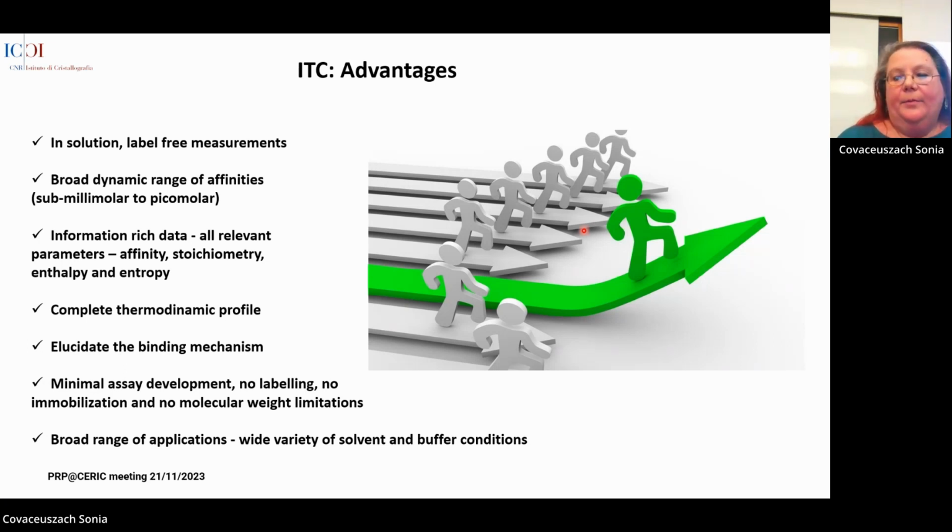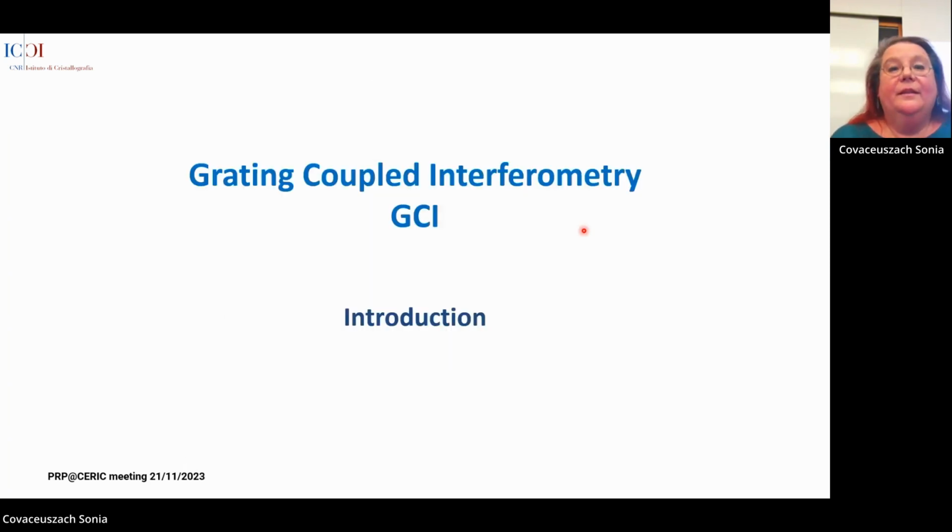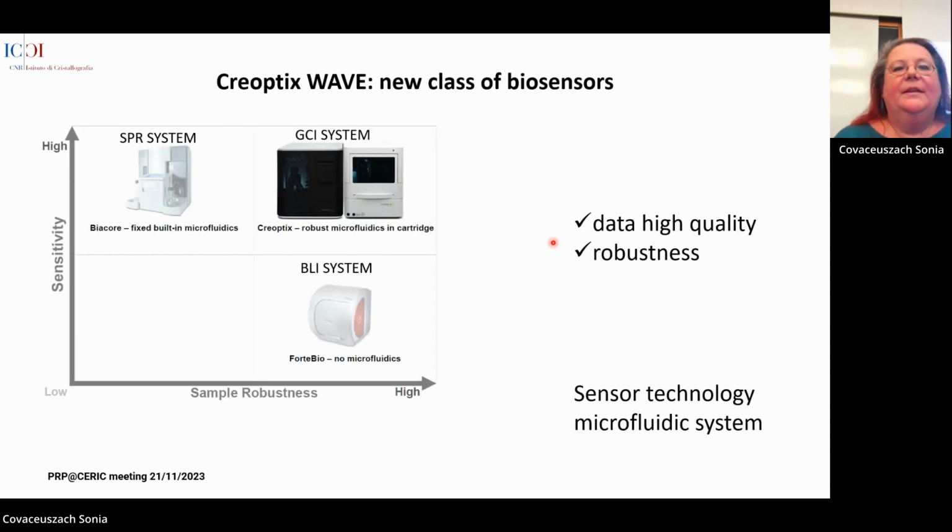Then we had the opportunity to complement our system with an orthogonal instrument based on GCI that could solve all the problems of isothermal titration calorimetry. And this was an opportunity in a project of Area Science Park Open Lab 2. And when we got that budget,